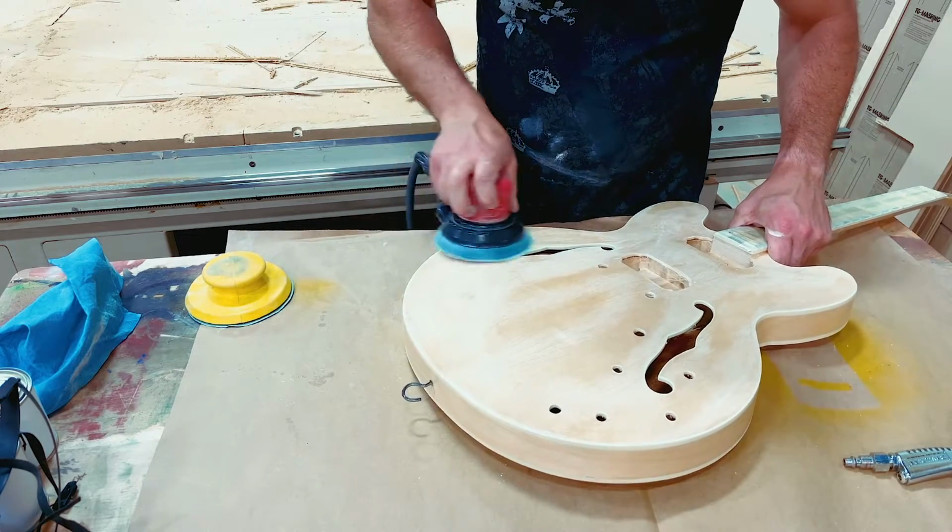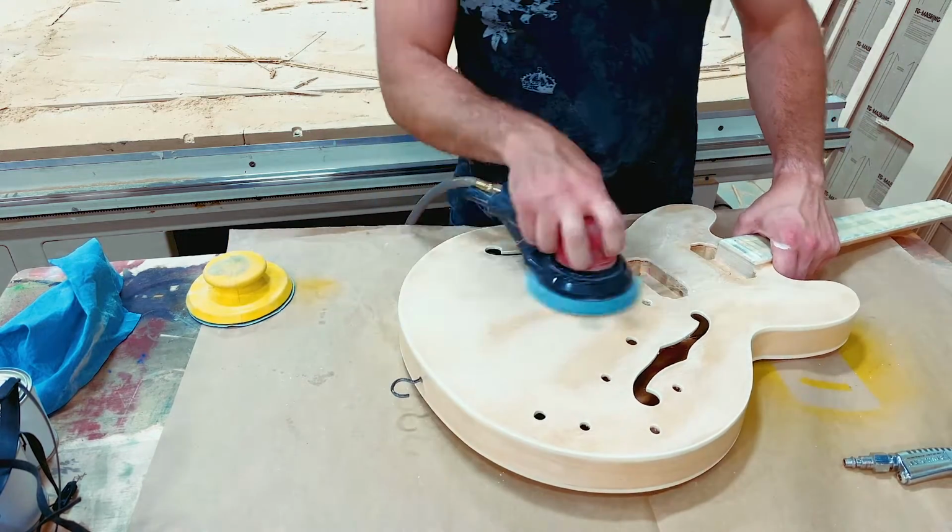So, next up, we're going to get this guy cleaned off real quick. I'm going to use some wax and grease remover to do that. We're going to tape off the binding so that I don't have to do so much scraping work at the end,